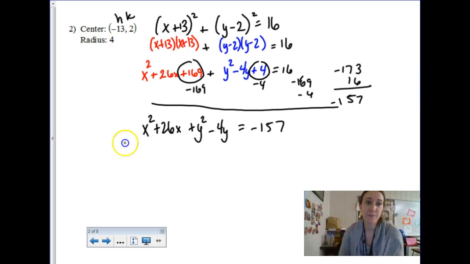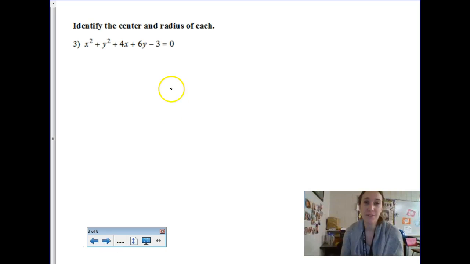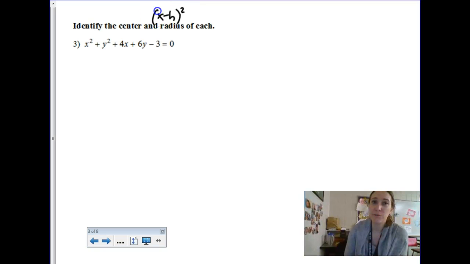That's not what our fun is going to be today, though. Our fun today is I'm going to start with something in this horrible general conic form, and we're going to use completing the square twice in order to write it into that usable form where I can identify the center and the radius. So your goal is, if you can write it in this form, standard form,